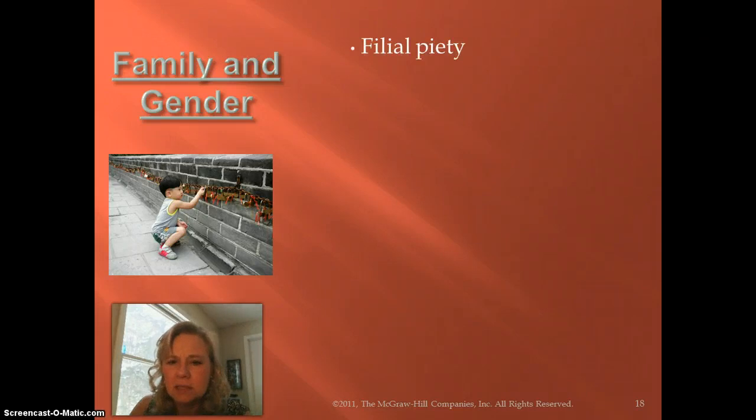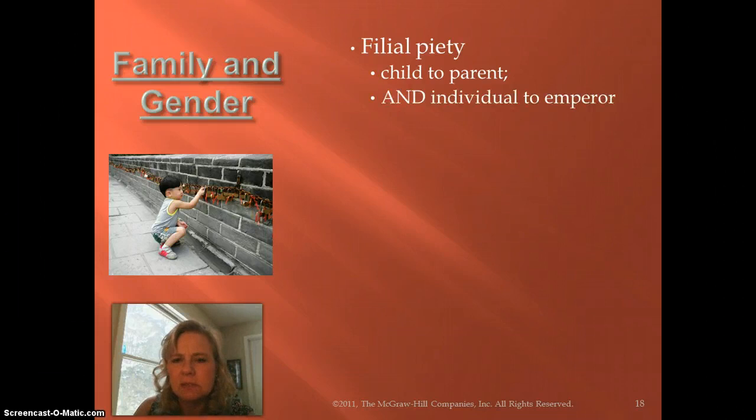So filial piety continues in Ming and Qing China. You might recall that this is a concept that goes back to the Confucian era, and this is a concept that has society very well ordered. We must show a respectful relationship and submission to those above us. So a child to his or her parent, and this extends to all of society,